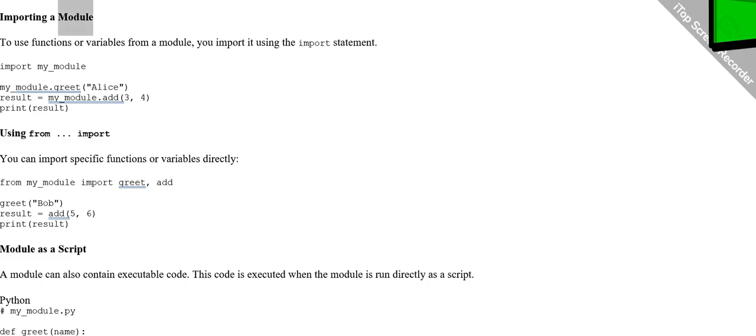Importing a module. To use functions or variables from a module, you import it using the import statement. import my_module my_module.greet("Alice") result = my_module.add(3, 4) print(result)